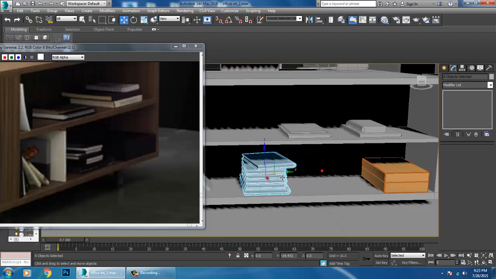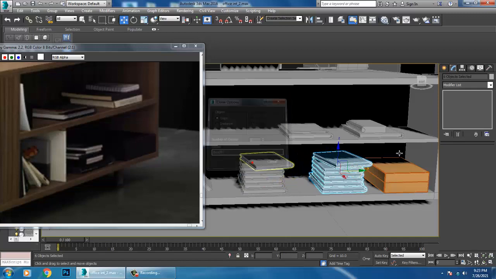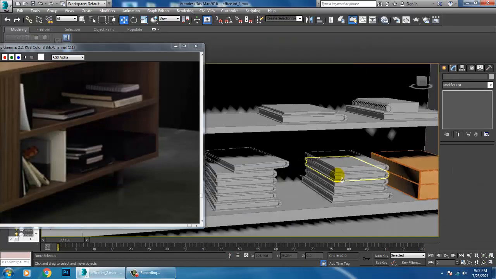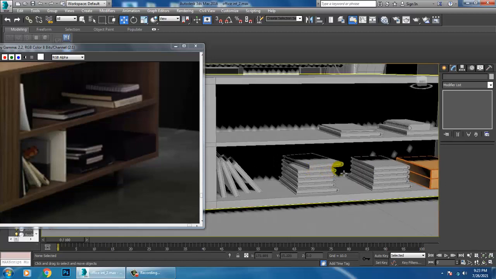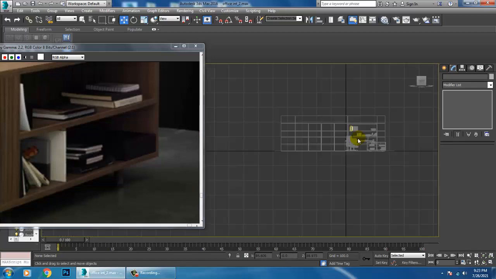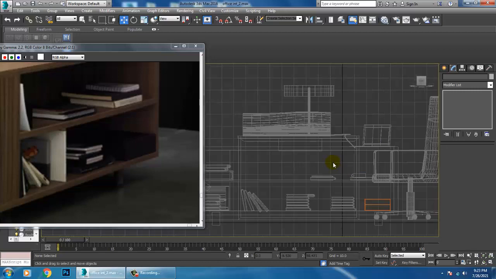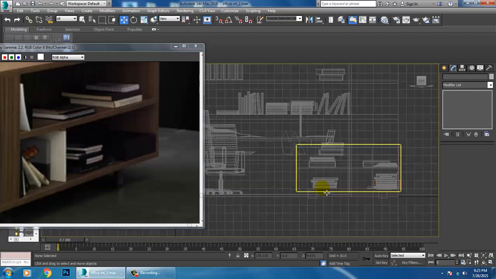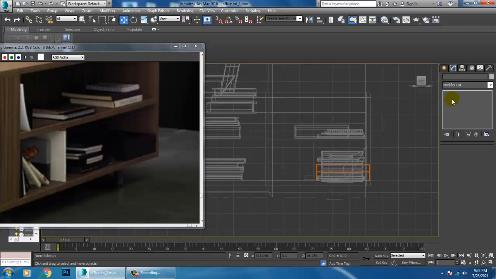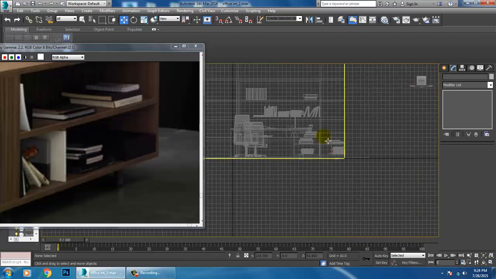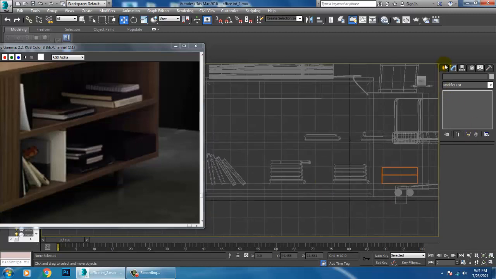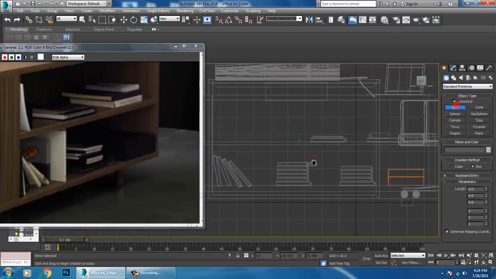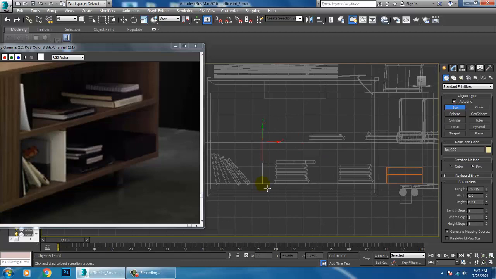Same, we are going to duplicate that again. Let's go over here and create a box over here.